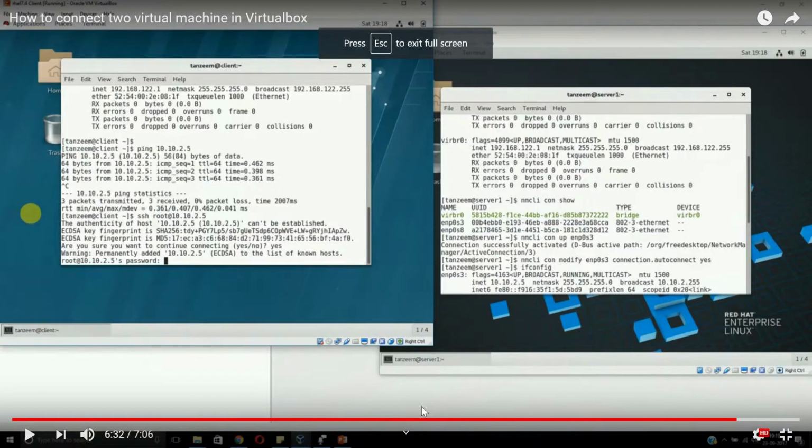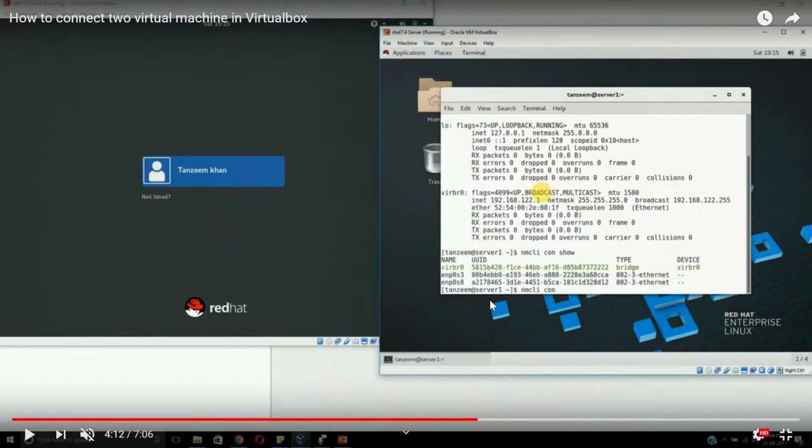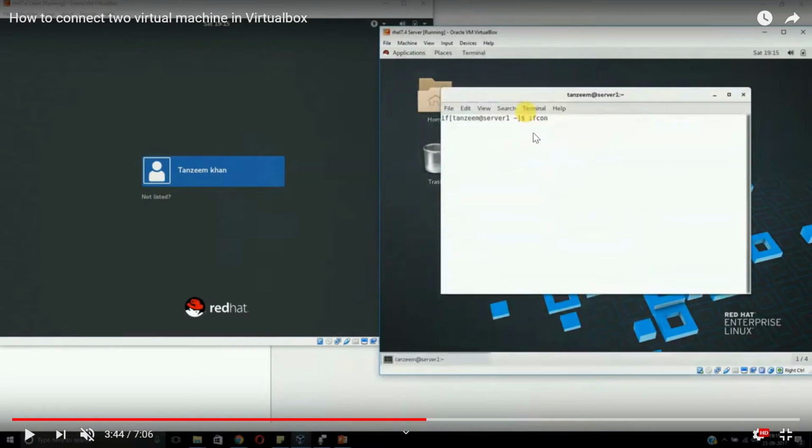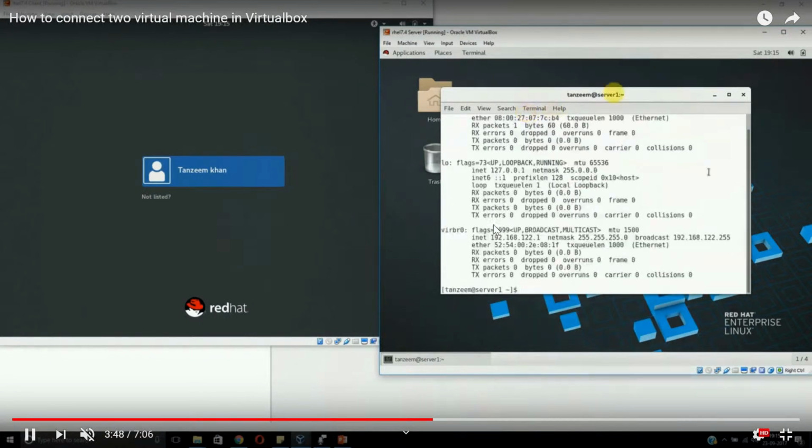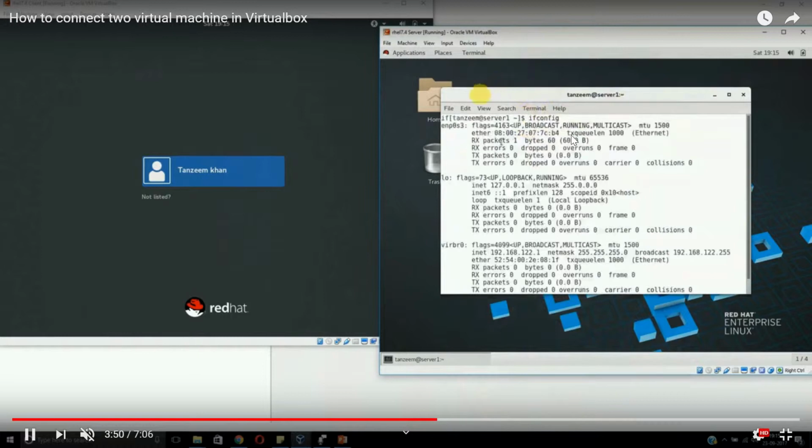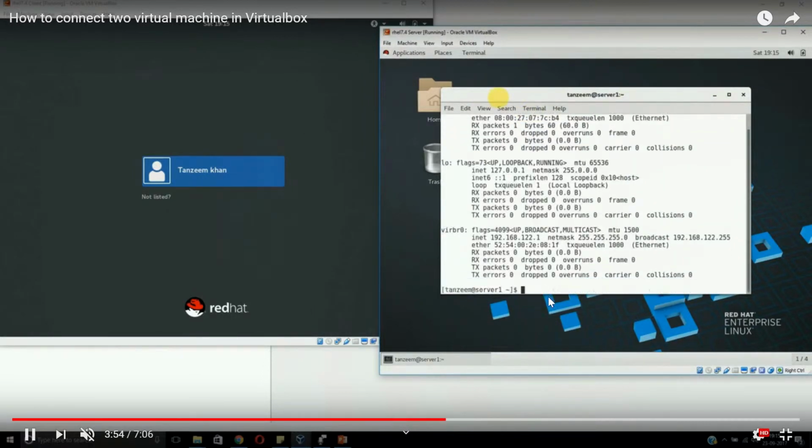So basically what you need to do is, let me show you. First of all, you power on these two machines, and then you log in. Use ifconfig to get your IP address. So if you don't get the correct IP address, you need to set it up with this command,